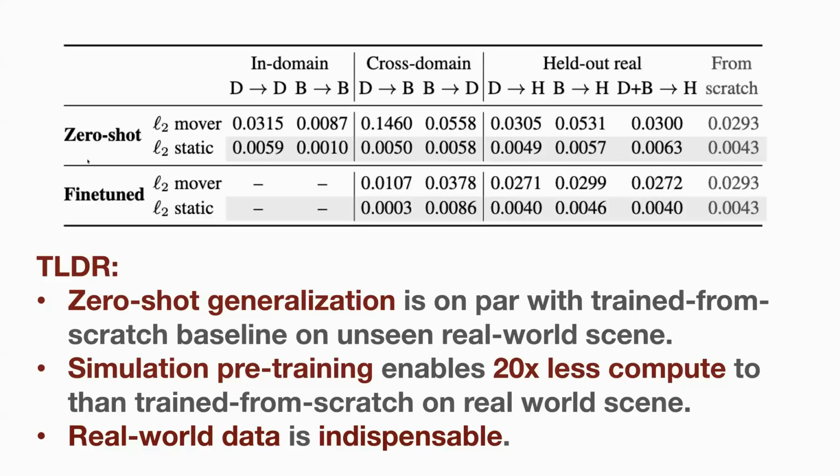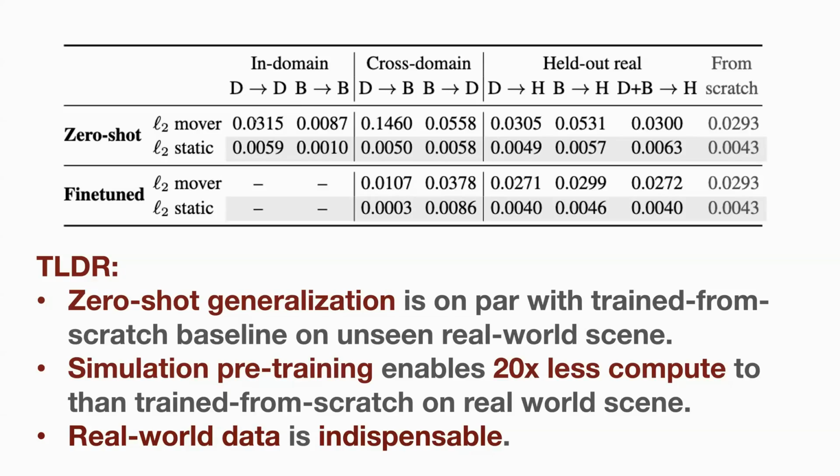By having this large dataset, if we care about downstream unseen data in the real world, then training on only Droid or Droid plus Behavior can almost match training a particular model for that lab. And this is all zero-shot. So you can use this model zero-shot, basically if you use a similar Droid setup, to match a model particularly trained for that setup. Of course, in the distribution of the tasks that Droid is collecting.